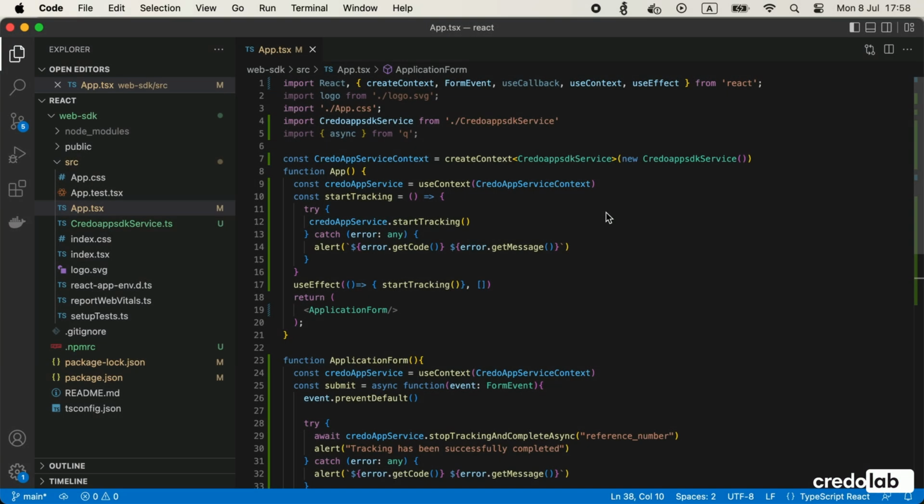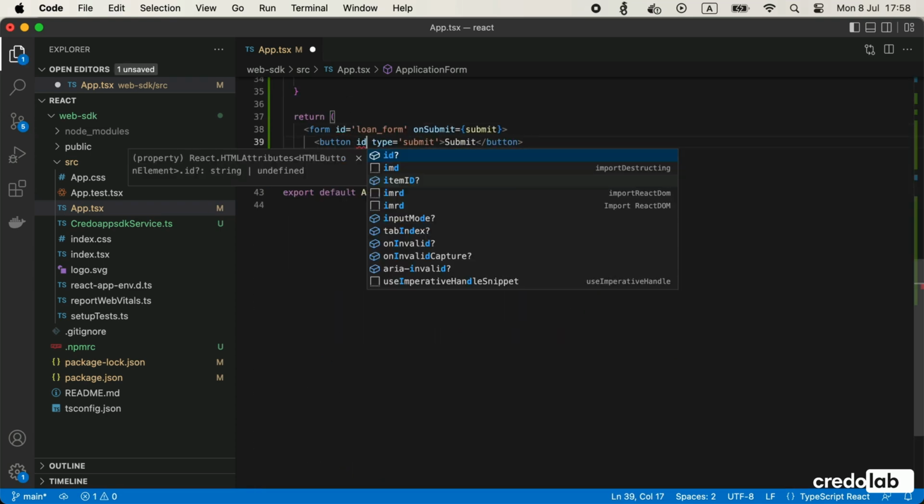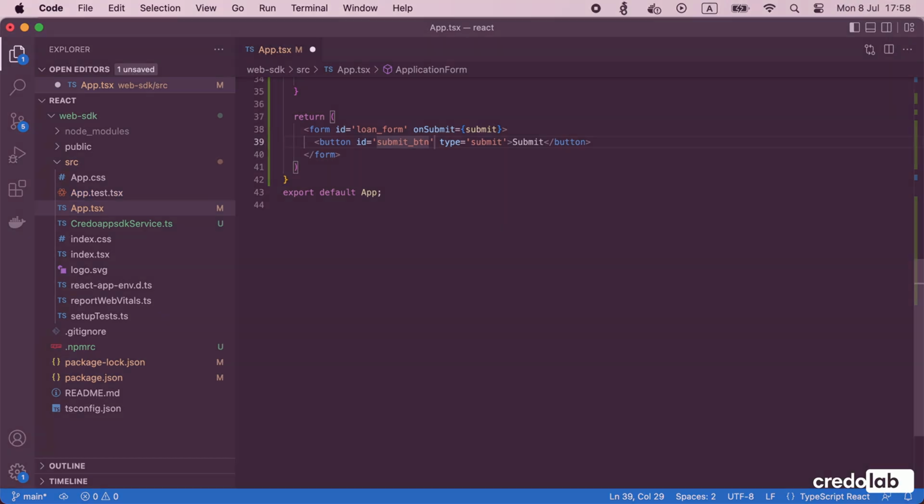For successful integration, we strongly recommend assigning the ID attribute for HTML elements to emphasize a specific logical control that holds significance within the user flow of your app. It is essential for maximizing the effectiveness of integrating SDK into your application. Descriptive IDs allow differentiating user interactions with various UI elements and provide a clear picture of user behavior. Let's go to the return JSX value of the application form component and add relevant IDs to the elements. By making this a standard practice, you ensure that SDK integration is effective and beneficial.